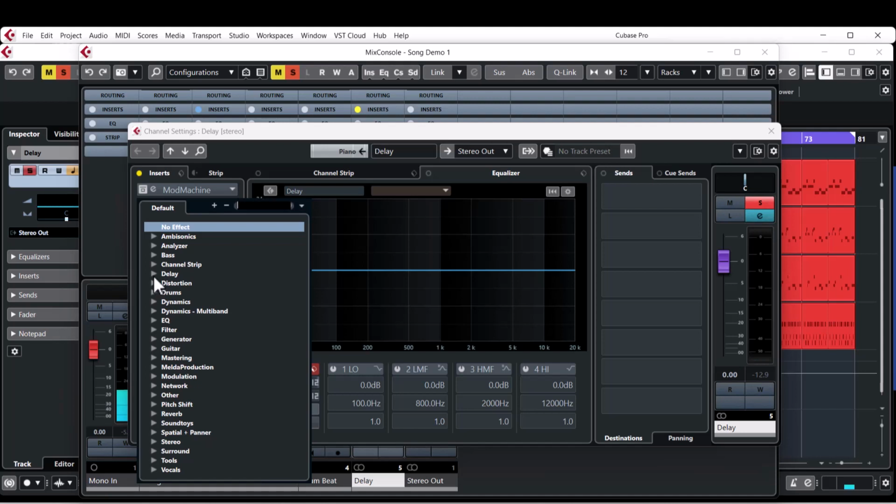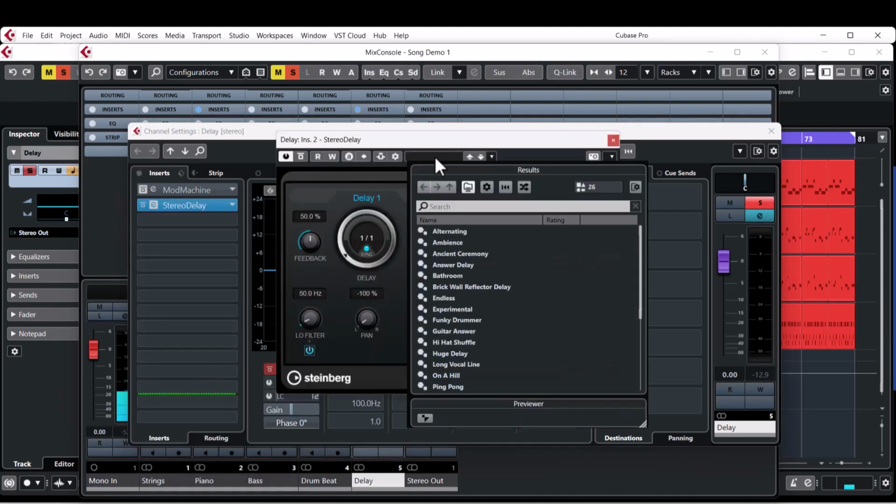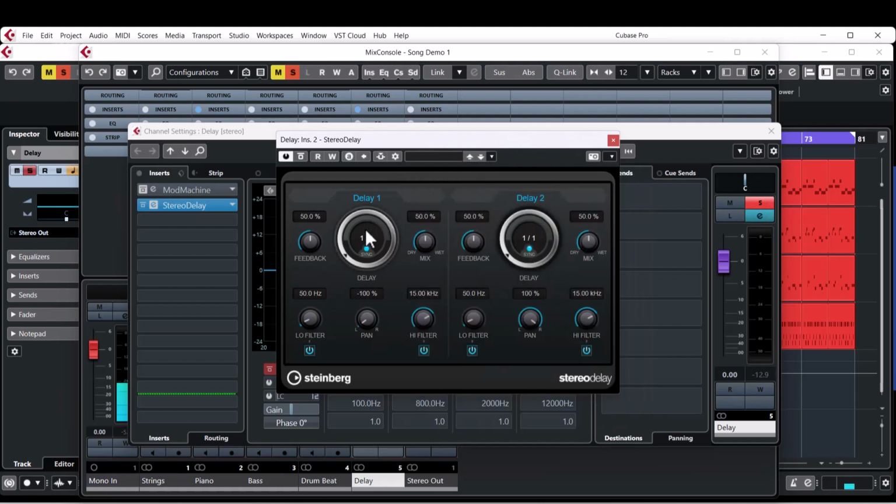Just by way of demonstration, on our send channel, we'll disable Mod Machine and we'll just load a more simple delay. So stereo delay will do us. Again, there are presets for these, like there are on VST instruments, so you can flick through a bunch of those, or you can fiddle with the parameters on the plugin itself. So again, we're going to make it totally wet, and